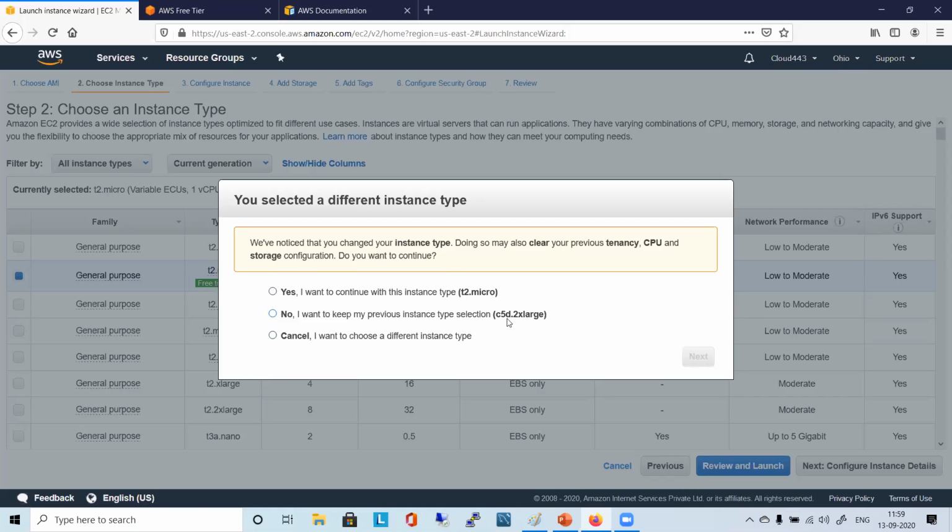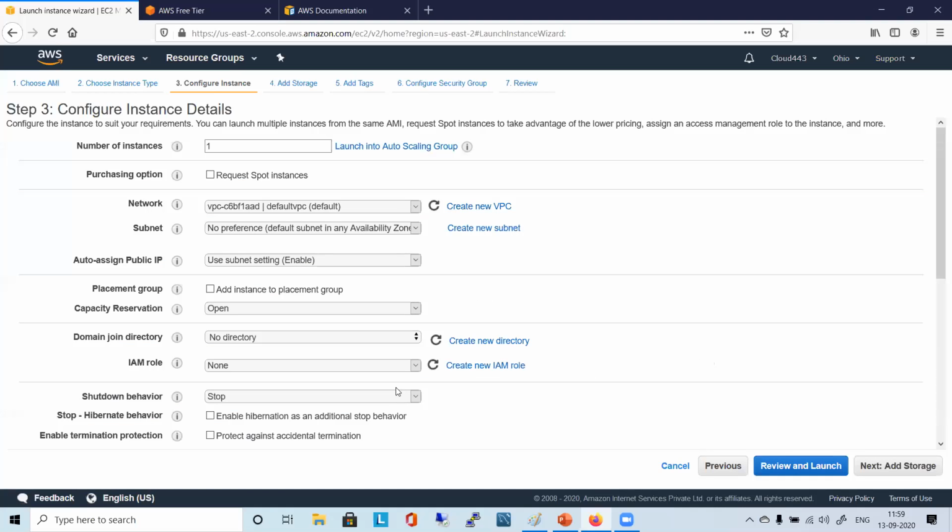Initially, once I clicked on C5D, it thought, oh, this guy is looking for something compute optimized, 5th generation with SSD volume, double XL. And now T2 micro is quite small compared to that, so maybe some mistake, right? So they started suggesting it, and I say yes, I want to continue with the instance type.